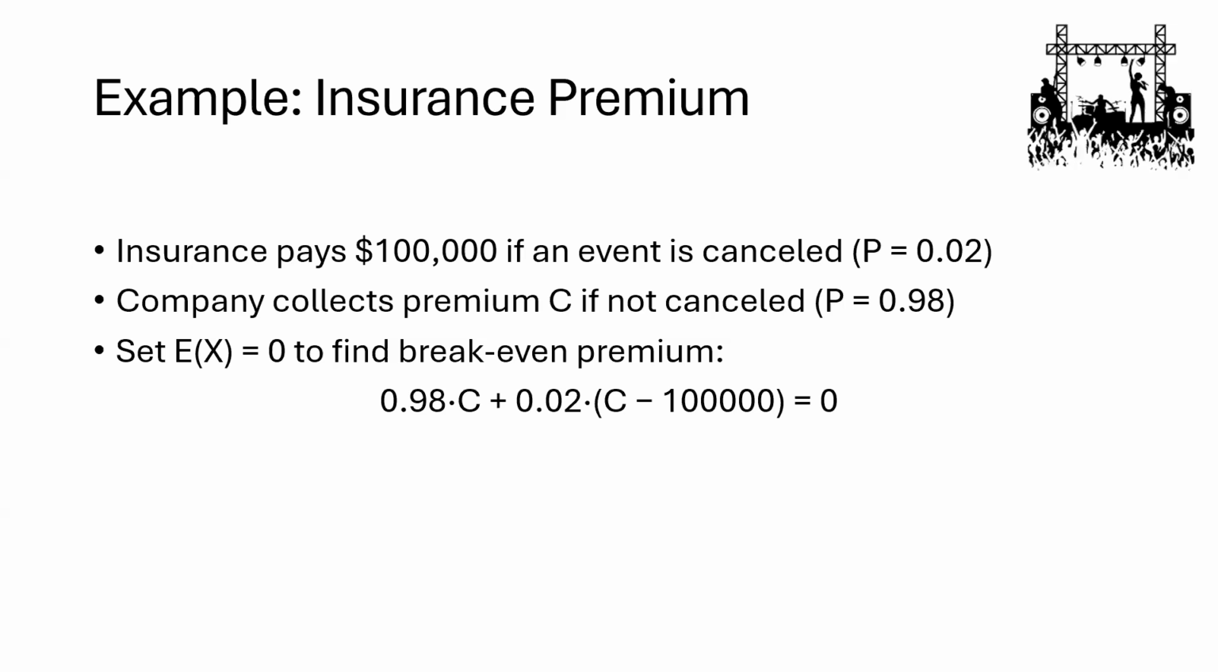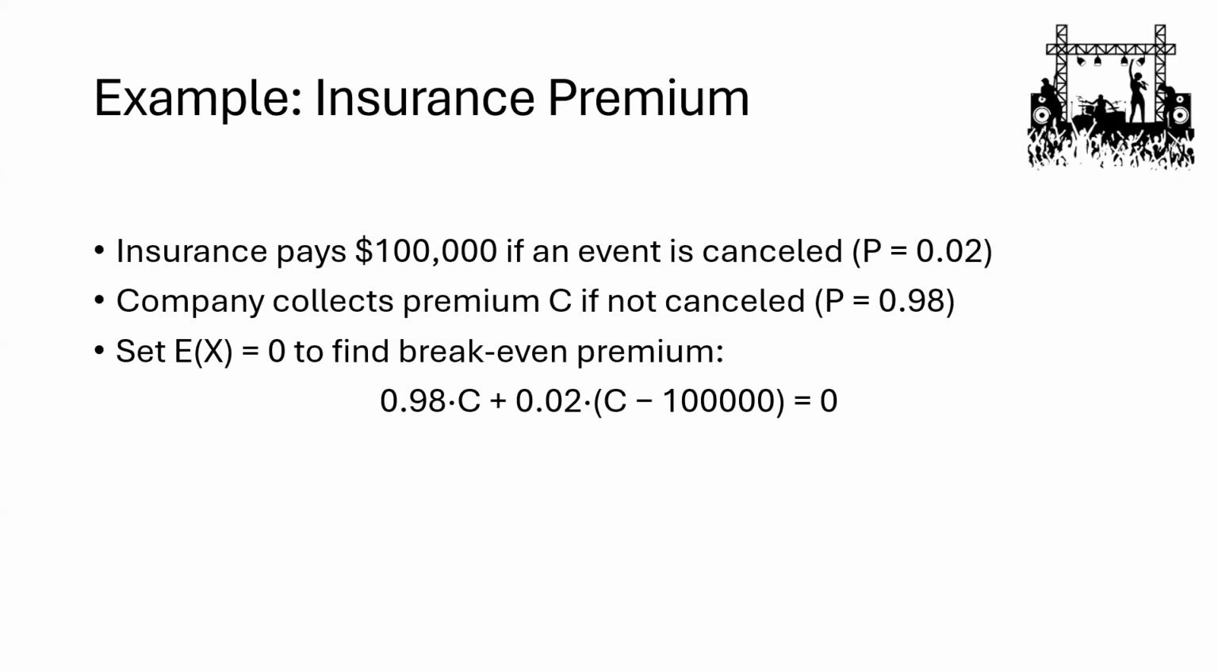Let's apply this to risk assessment. Suppose an insurance company offers event cancellation insurance. The event has a 2% chance of being canceled, and if it is, they pay out $100,000. The company collects a premium C if the event isn't canceled. To break even, the expected profit should be 0. So our expected profit would be 0.98 times the premium, right? Because 98% of the time the event will be held,